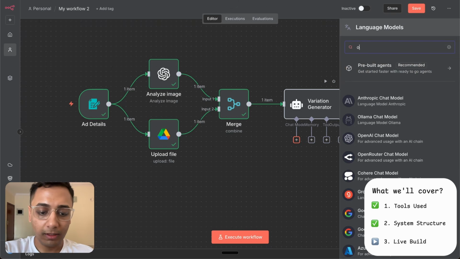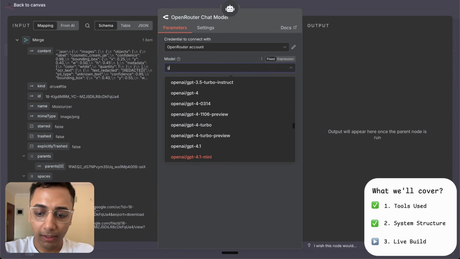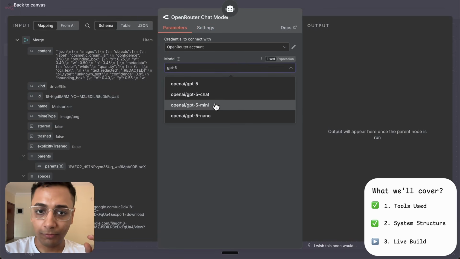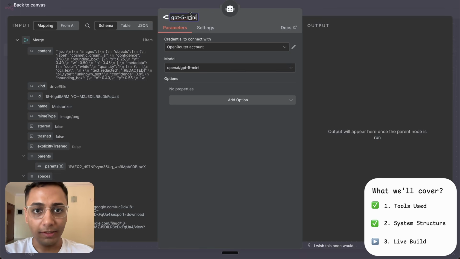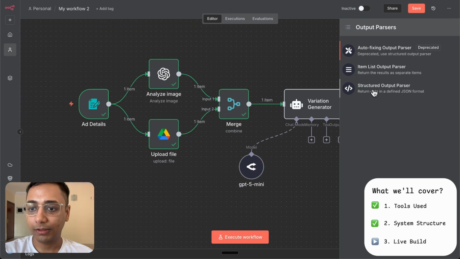For the chat model, I'm going to use OpenRouter. It's basically a marketplace for large language models, and I'm going to use GPT-5 mini. And if you want to know how to connect it, there is a video on top which is just a quick 2-minute setup. For the output parser, I'm going to click on this plus button, and I'm going to use a structured output parser,